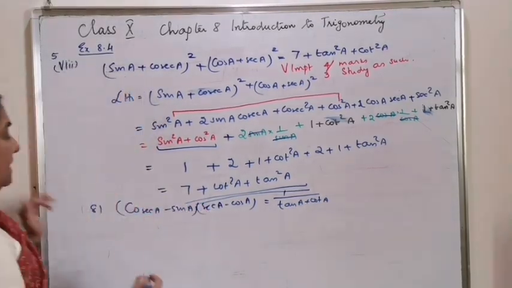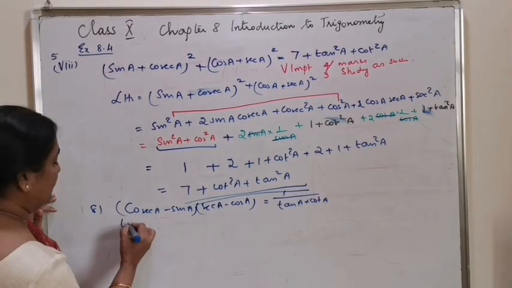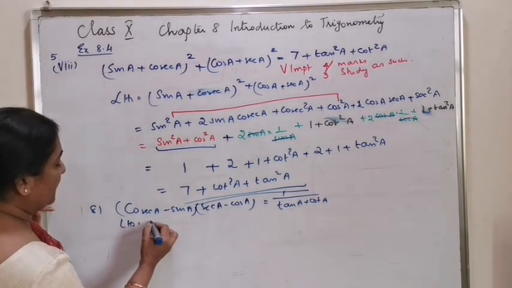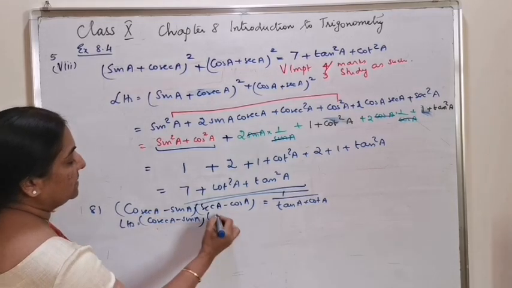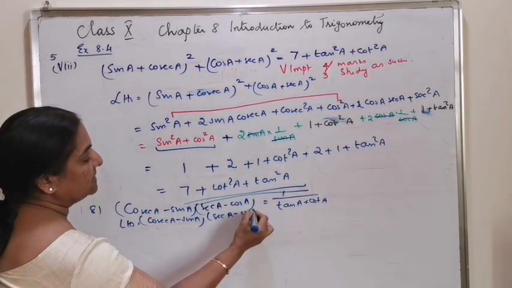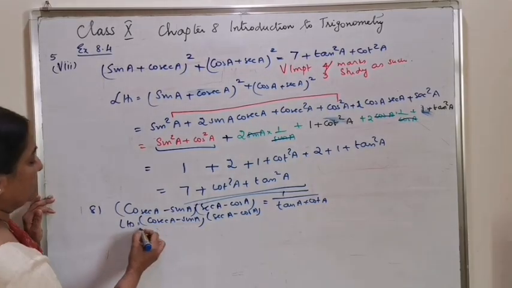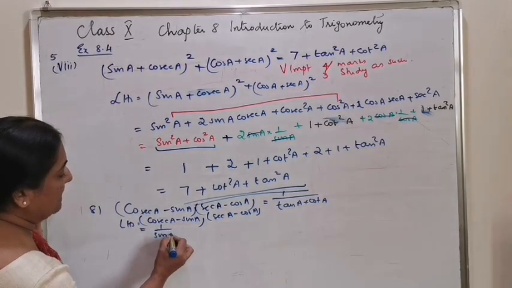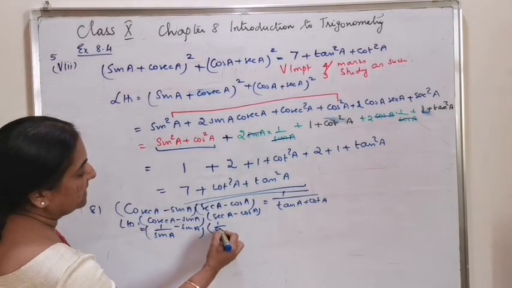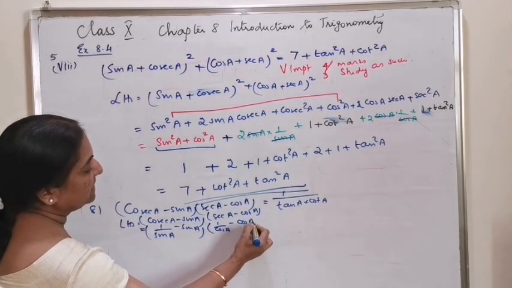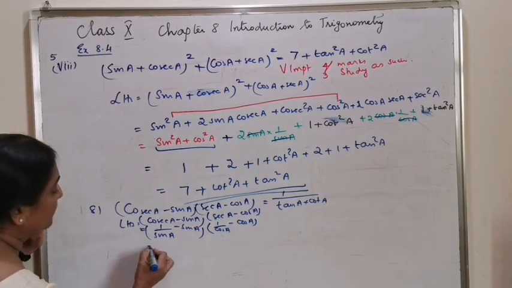Let's take the left hand side first. LHS is equal to (cosec A minus sin A) into (sec A minus cos A). This cosec A can be written as 1 by sin A minus sin A, and 1 by cos A minus cos A. The LCM is